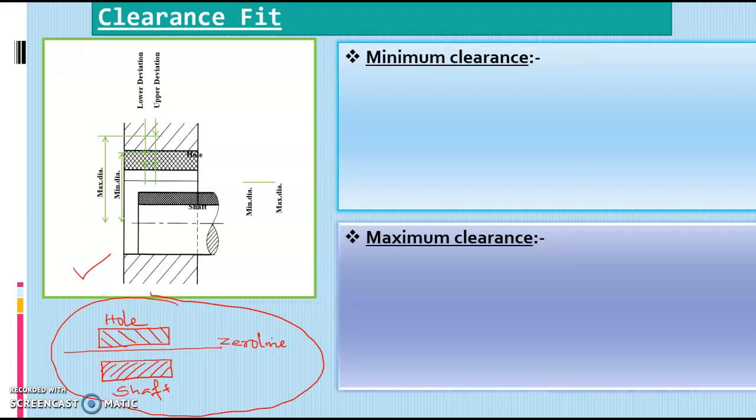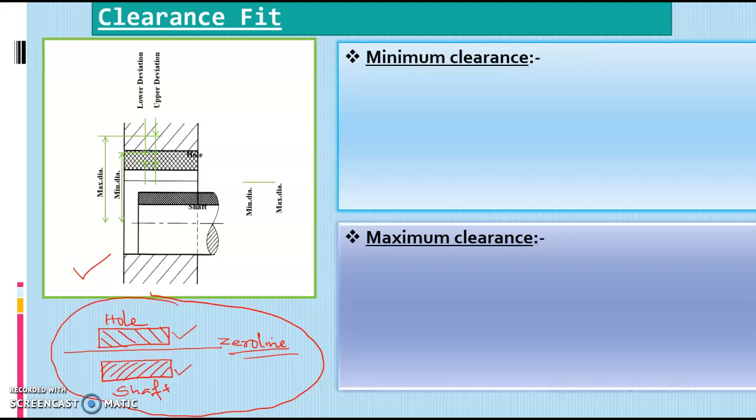We are not representing any actual figures, only the tolerance zones of the shaft and the tolerance zones of the hole, and a straight line is also drawn, representing the zero line, which is the basic size. From this picture we can tell which one is higher and which one is lower. Here the shaft is below the zero line, the hole is above the zero line. So in all the combinations, the hole size is always greater than the shaft size. So this is the representation of a clearance fit.